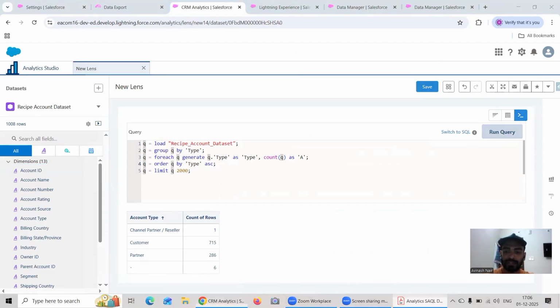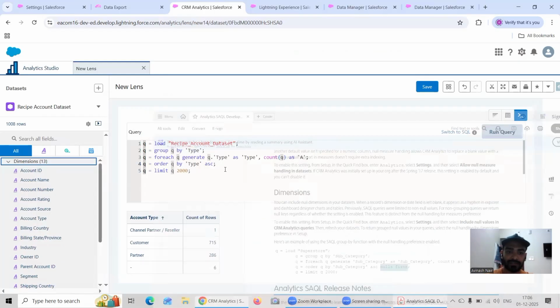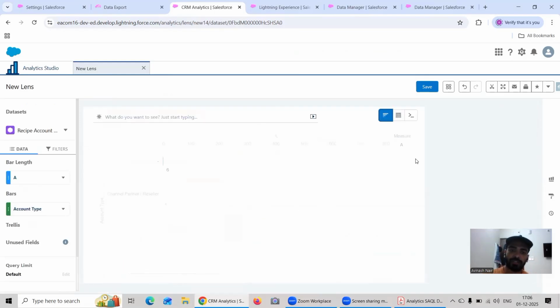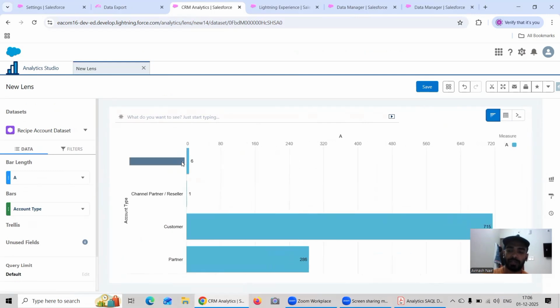So in that case, you are going to write this one: nulls first. Suppose you want it in the first position; currently it's showing at last. If you want it to be at the very top, you can write something like nulls first, okay. If you write this part, as you see, currently it's showing on the top. So now if I go back to my chart mode, see it's going to show me at the top over